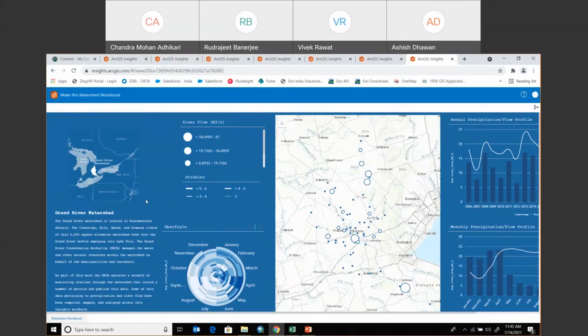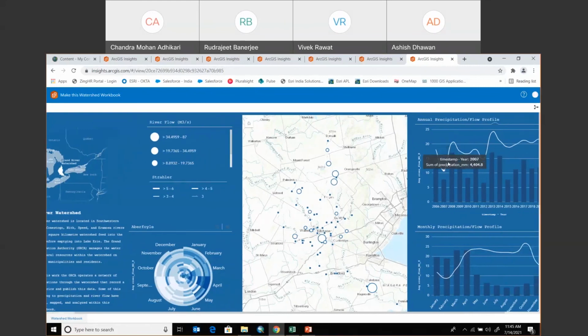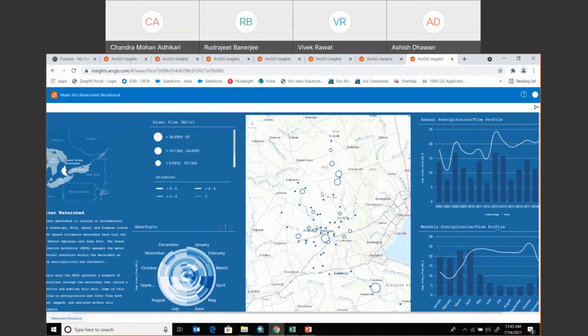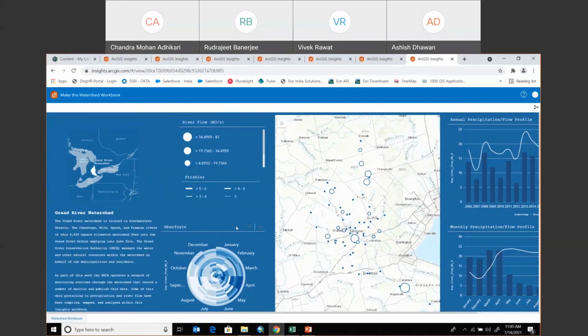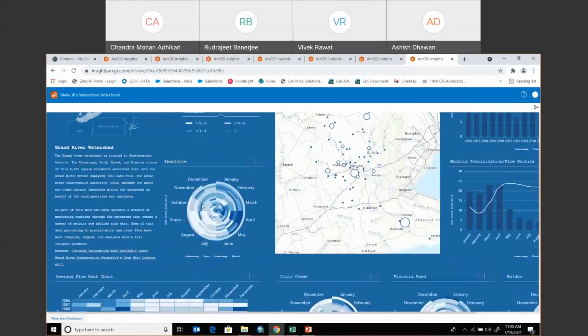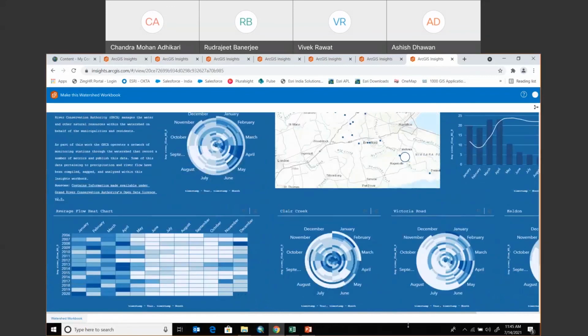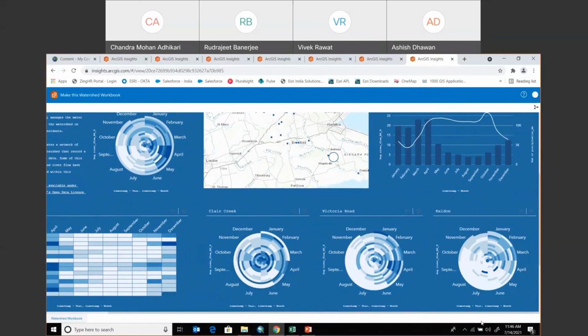I'm taking an example from one of the waterside areas where we have four base locations where different monitoring stations have been established, and these are showing me the precipitation versus the river flow values for the different temporal data. I think 2006 to 2020 data is with me. There are four major locations and the area they have divided. So we have four data clock diagrams for the different time intervals.